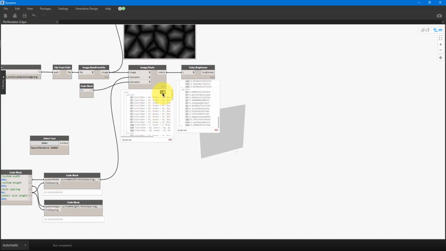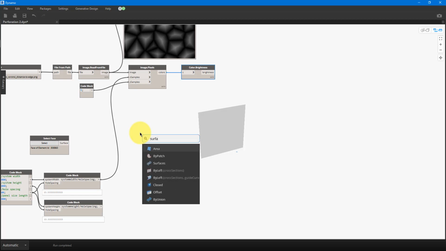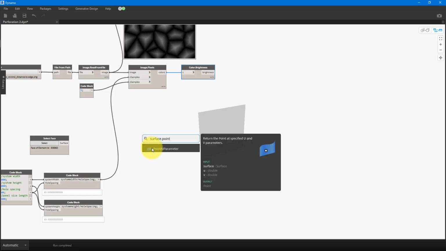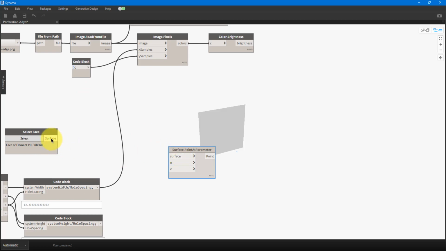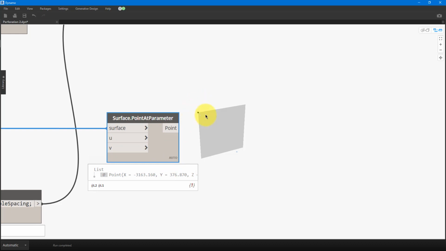Moving on, I would like you to forget about those colors and brightness for a moment, and let's focus on creating actual circular holes on this surface. Because without those holes, we have nothing to assign those brightness values to. For these holes, I can create them using another node, and that will be Surface.PointAtParameter, this one here. The surface is obviously our surface selected here. Let's click on this and connect there. You can see straight away it has created one point for me already. And that's a point there on the top left corner of the surface. The reason that it's on the top left is because the UV parameter for this node, their default value is